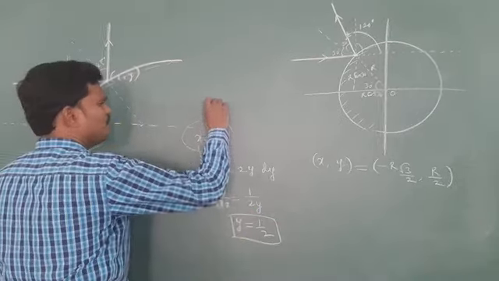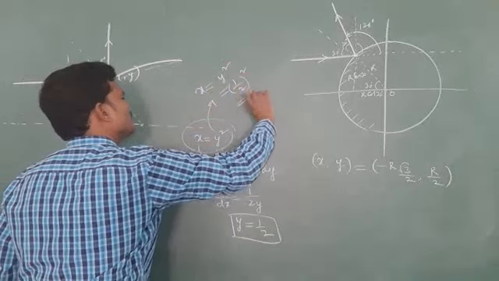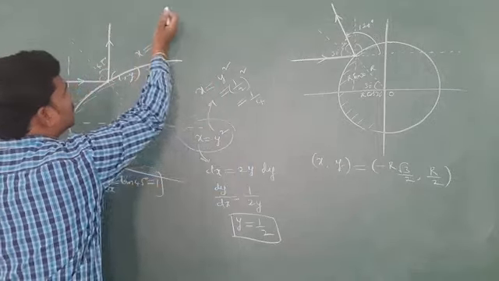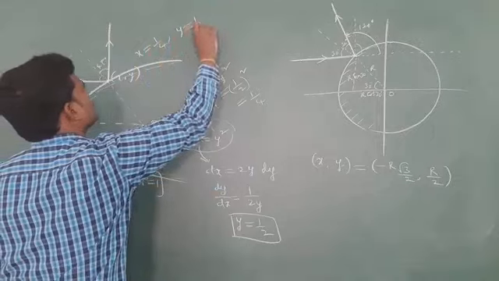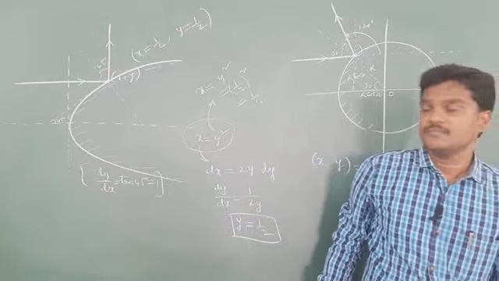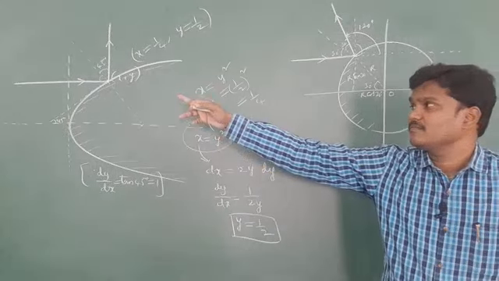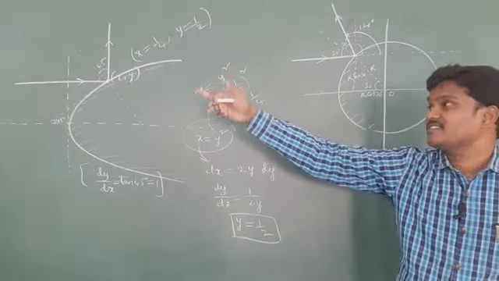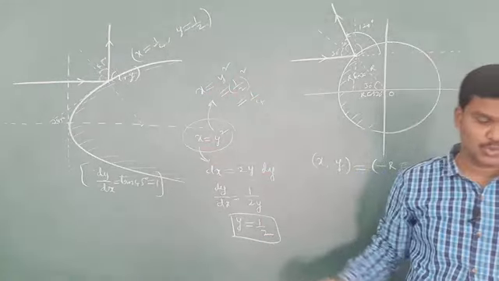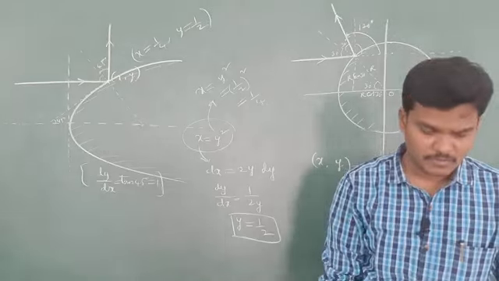As y is 1 by 2, from this x is equal to y square, 1 by 2 squared. Now what are the coordinates? X coordinate is 1 by 4, y coordinate is 1 by 2. Check this. This is also one of the good level questions. If the surface is varying with x is equal to y square, then the x coordinate where the light ray strikes is 1 by 4, and the y coordinate is 1 by 2. So 1 by 4 and 1 by 2.